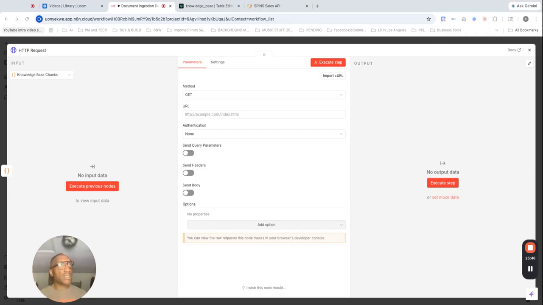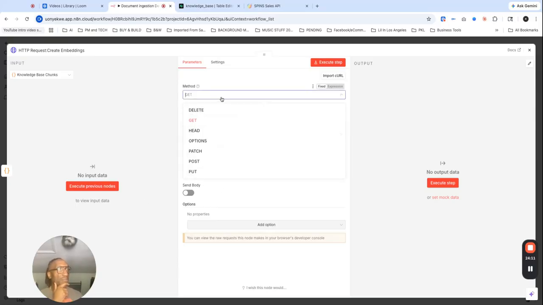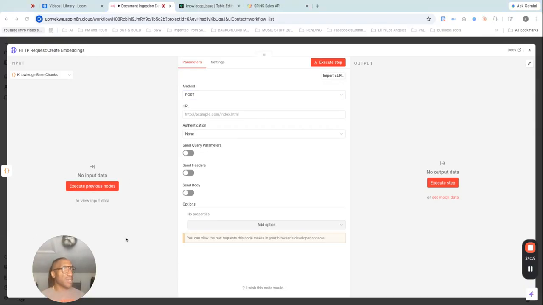So let's just rename this HTTP request: Create embeddings. All right. So again, our input coming in from the knowledge base, from the code node. And this is where we are going to go ahead and there should be post. And then the URL for this should be, we'll use the OpenAI embeddings,